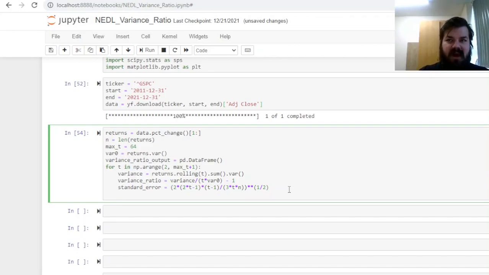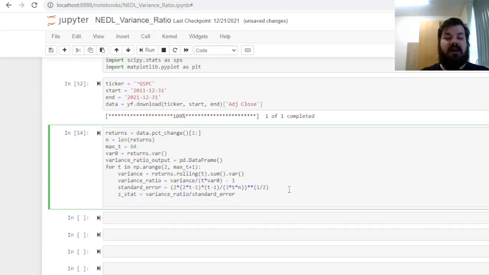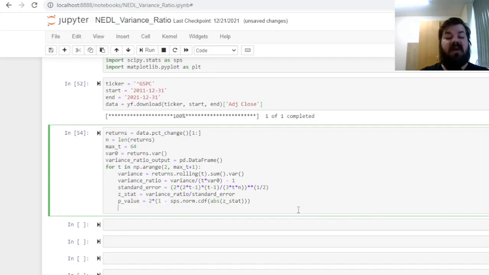And that, quite intuitively, leads us to calculate the z-stat, which is the variance ratio divided by the standard error. And using the SciPy stats package, we can do the hypothesis testing. So the p-value is going to be 2 times, as our test is necessarily two-tailed, times 1 minus the norm CDF, the cumulative distribution function for the normal distribution, of the absolute value of the z-stat. And then we are ready to